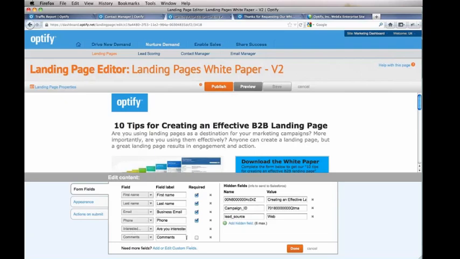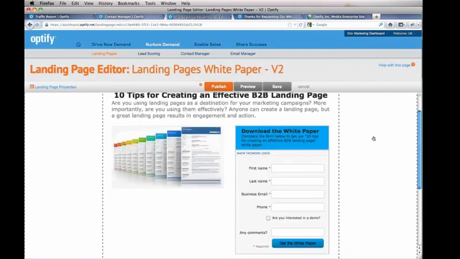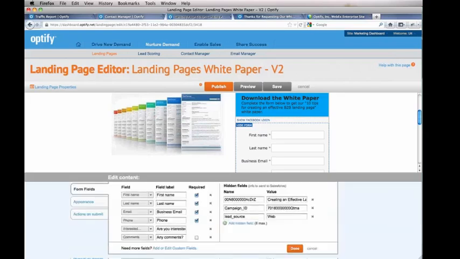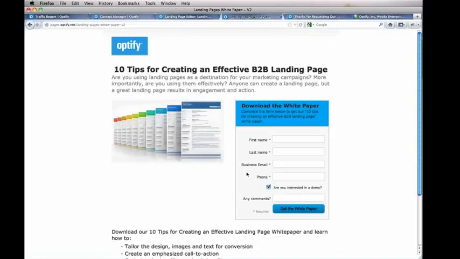Comments, this is, comments is not required, any comments, and click done here. And you can see that these two fields were added to my form. And I can publish this now. And this page is also live. And if anyone fills out this form, they can use these fields, and those fields again will show up in